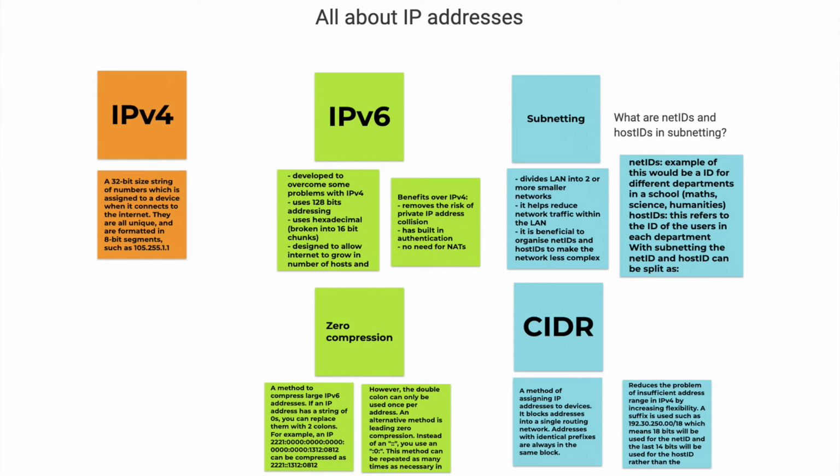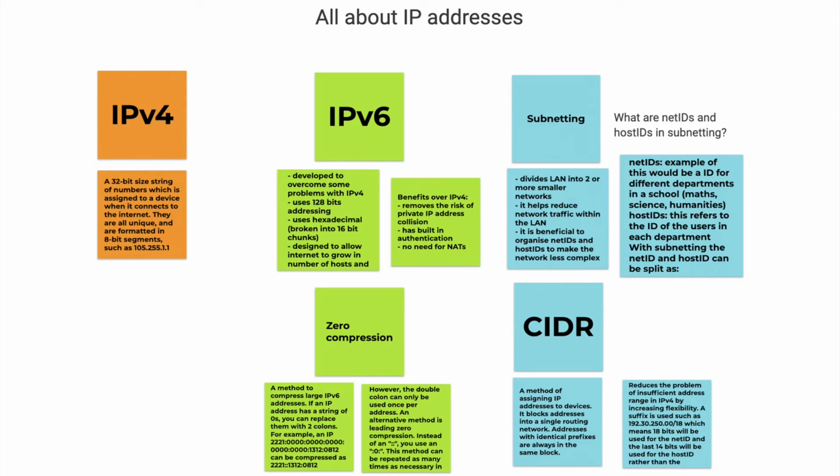But how do we know where every single device is and how these devices can connect to other devices and send and receive data? So we use IP addresses for that. So these Internet Protocol addresses, you're familiar with them from IGCSE. However, we're now going to go into a bit more depth into what IP addresses are all about. So there are two kinds. The first one is IPv4. That's the version 4 of the Internet Protocol, and then the other one we're using right now is IPv6, which